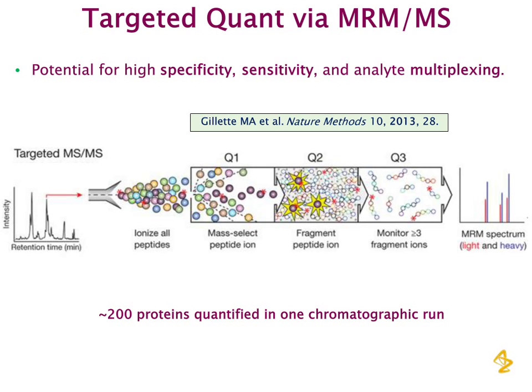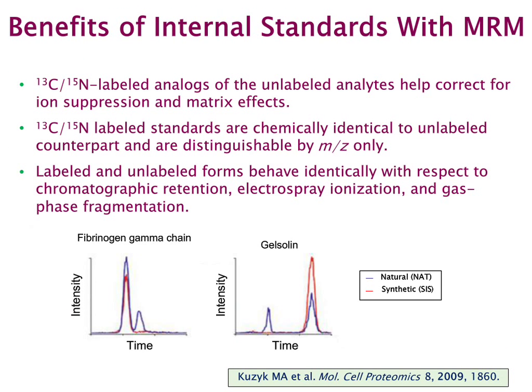The highest confidence and measurement precision in a complex matrix such as plasma is obtained by adding a known concentration of an isotopic labeled analog of the prototypic peptide being measured. The labeled internal standards fragment identically to their native counterparts but are distinguished in the MS and MS/MS spectra by their increased masses. The confidence that the correct peptide is measured using just a few fragment ions is increased by the requirements that the isotopic labeled peptide co-elute with the endogenous peptide and that their monitored fragment ions have the